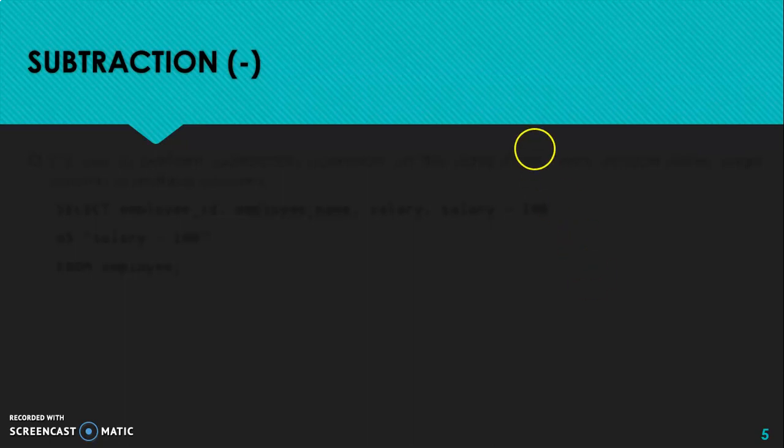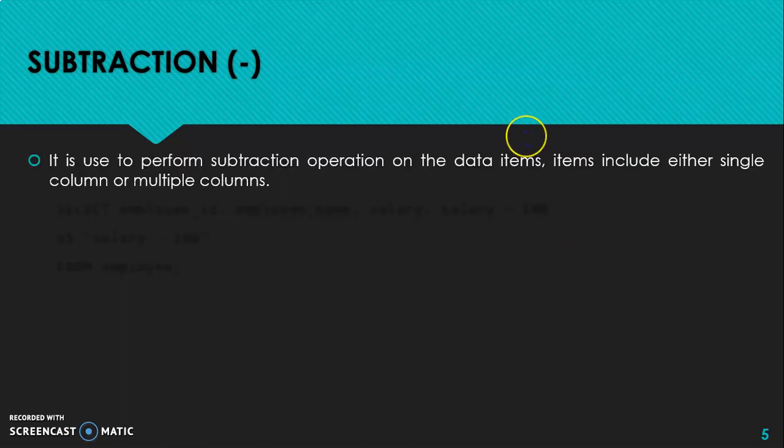Then we have subtraction, the minus. Again, it is used to perform the subtraction operation on the data. Items can again include either a single column or multiple columns. You can use data from two columns, or you can use a single column and subtract any integer value.